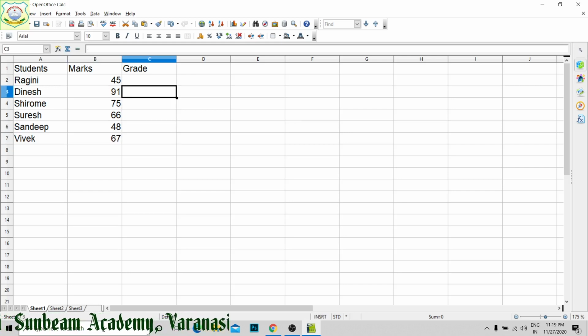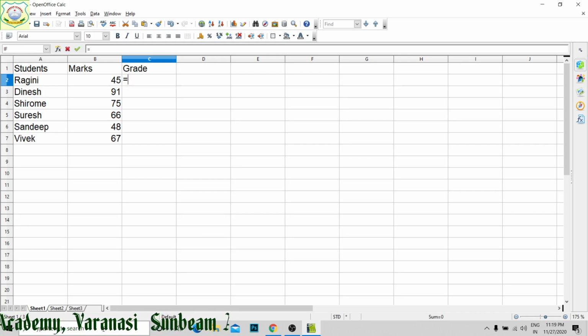Now to find out the grade, the condition has been given: 49 or below, grade is E. 50 to 74, the grade is CB. 75 or above, the grade is AA. So I will put IF statement or IF function.